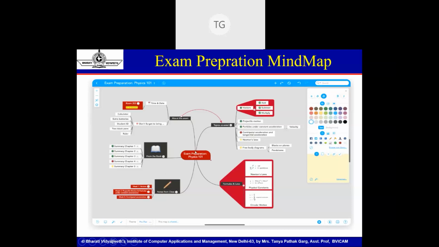And the topics to be covered in the exams can be mentioned here. If it's a unit exam or an internal exam, the subset of all topics, or probably what all topics will be important for the external exam, can be mentioned here. And when you're going to take the exam, there are certain checklists that the student needs to always keep in mind. Make sure you have taken your pens, make sure you have your admit card with you, you're carrying your college ID card. All those kinds of information can also be jotted down inside a mind map. So you see, preparation becomes so easy. Everything is just in one place. You have to refer to this chart and everything is there.